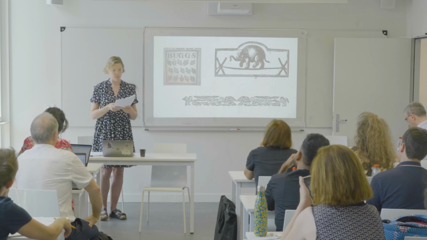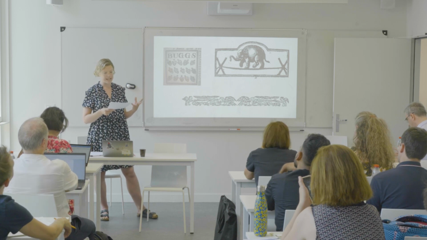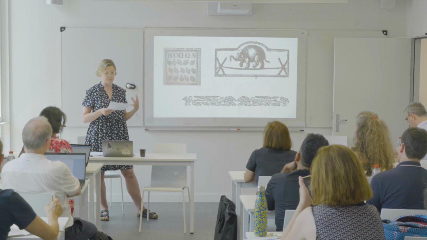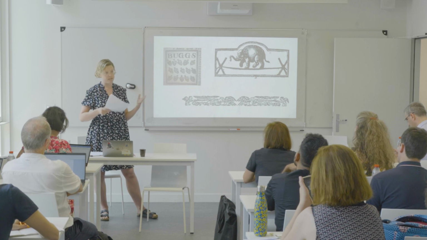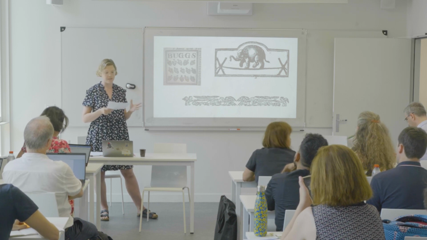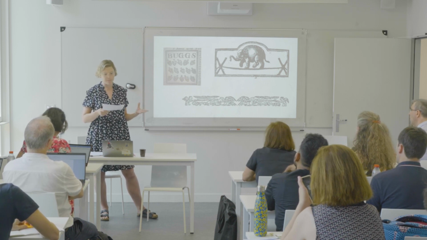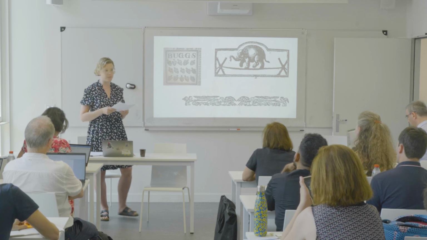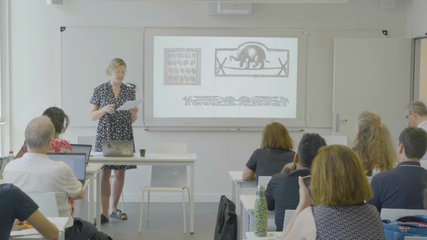Simply put, as I think we know by now, if the printer of book A is unknown, but it shares ornaments with book B, the printer of which is known, because they're named on the title page or we have other evidence, books A and B probably share a printer. Ideally, we have multiple examples to confirm this.